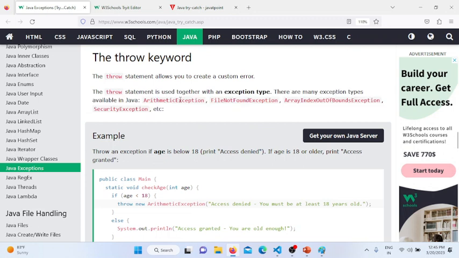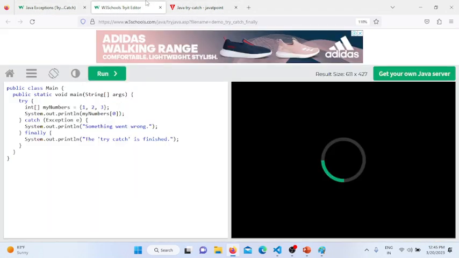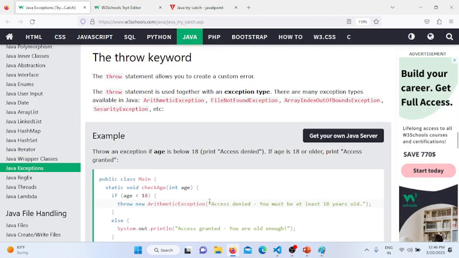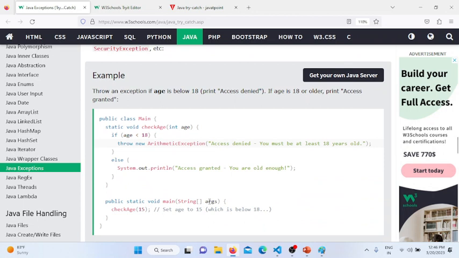Arithmetic exception means if I get any error related to arithmetic expression, like I try addition of an integer with a character, I get the error. Okay. Array index out of bound, already we have seen. Security exceptions. During the code, some code may try to attack your system. So we may catch that using this exception. So I hope this code is executed. Okay, because of poor internet connectivity. Okay, put it open. So throw is, let us go to the throw